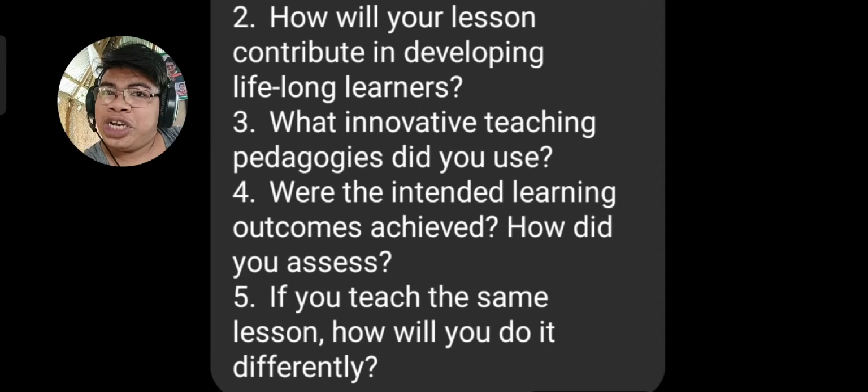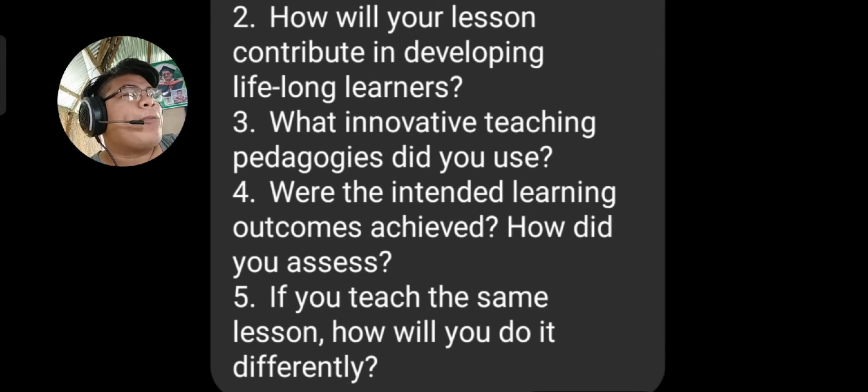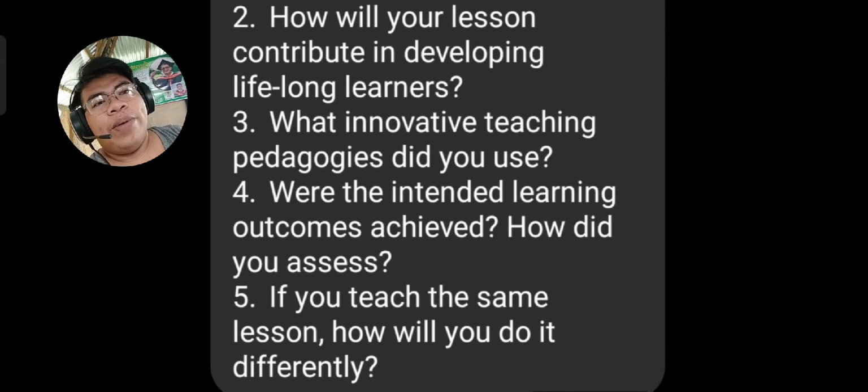Well, if I am given a chance to retake the discussion, well, in my strategy or pedagogy, I will analyze them. I will give them a worksheet first. In the motivation part, I will give them various sentences. I will give them various names, and I let them determine where is the proper noun and the common noun. And probably in the assessment, I can give them